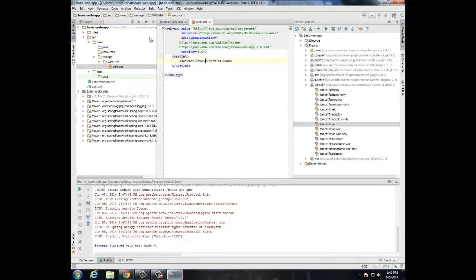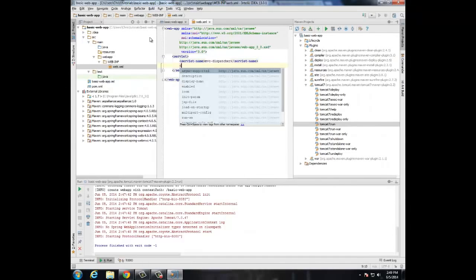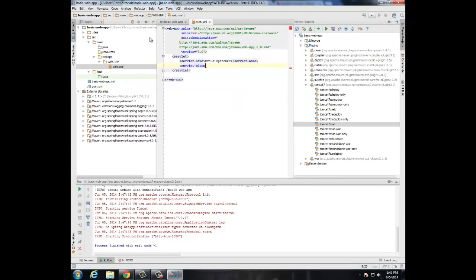So we can write servlet here and create a servlet, or we can create a servlet mapping. We'll need to create both a servlet and a servlet mapping in order to create an MVC application here. So we'll want to create a front controller. We'll create a servlet that will map to Spring's dispatcher servlet. So we're going to call this MVC dispatcher, and Spring will use this front controller to map requests to our controllers. So we're going to call it MVC dispatcher, and the class we'll be using will be